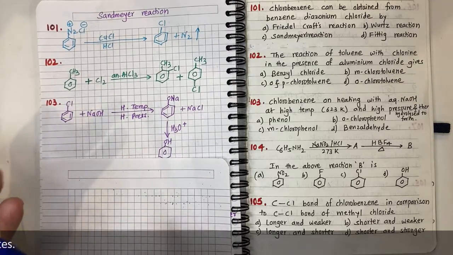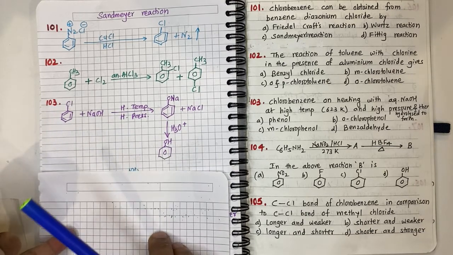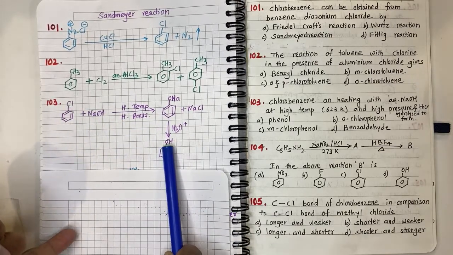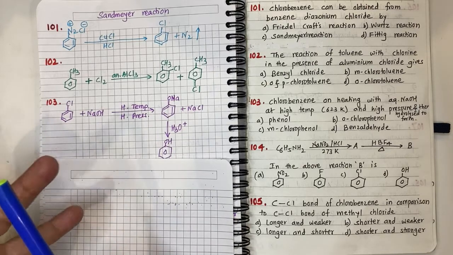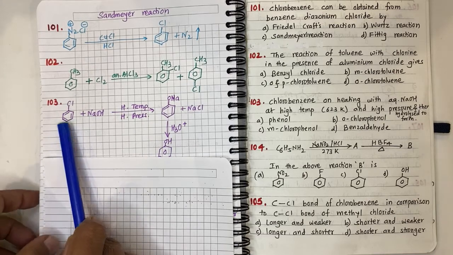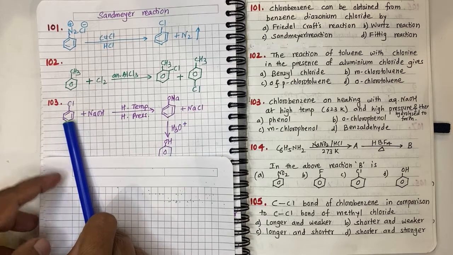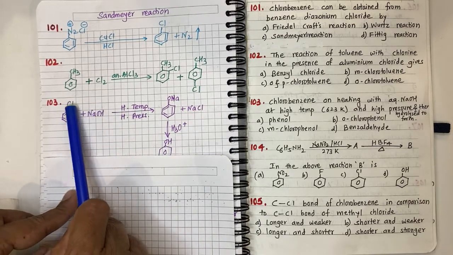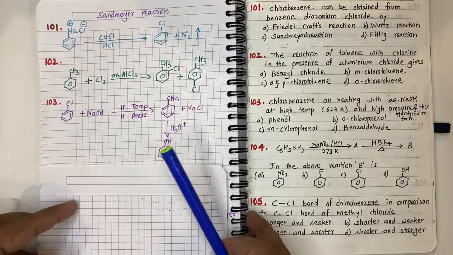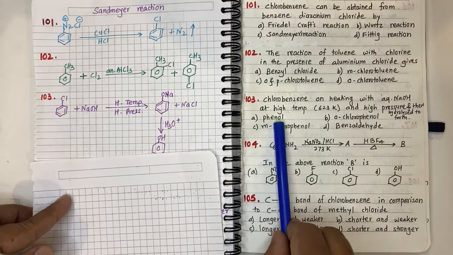But here two ways are available. It can be possible. By the first way, use drastic conditions, that is high temperature and high pressure. Then this is possible. And one more point: at the ortho and para places, if we put a strong electron withdrawing group like nitro, then this hydrolysis or nucleophilic substitution is also possible. Remember these two points. Here the product is phenol. Therefore, the answer is phenol.